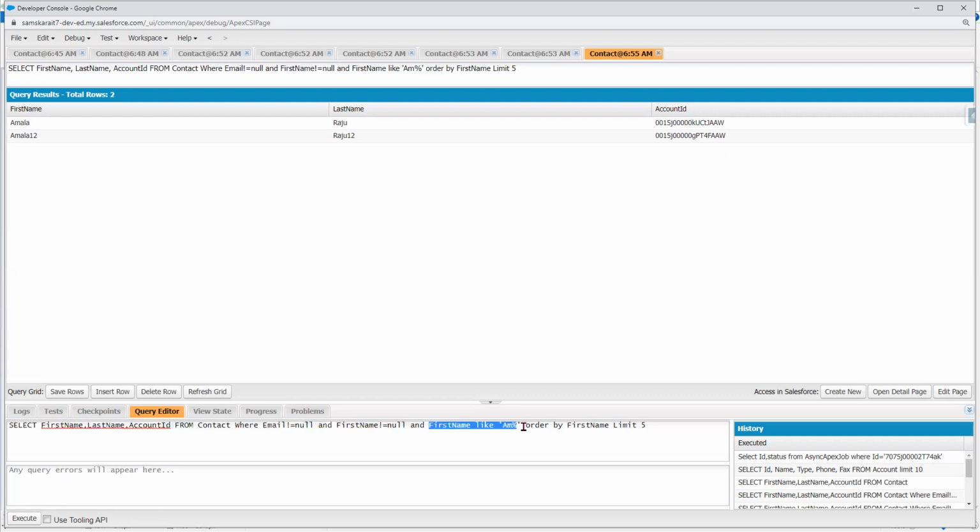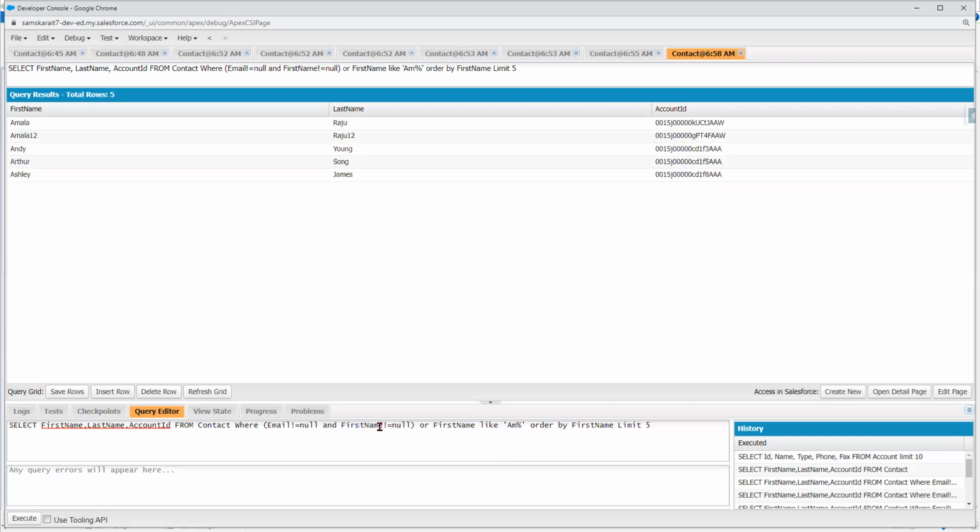Then finally, it is going to filter this. Now, I do not want to look at this first name not equal to null. I just wanted to look at only the one which has a first name like this. Because here you are looking for the first name not equal to null and maybe I have a different condition. So in that case, what I can do is, okay, do this one where email not equal to null and first name not equal to null, do this, or else I just need the information where the first name like